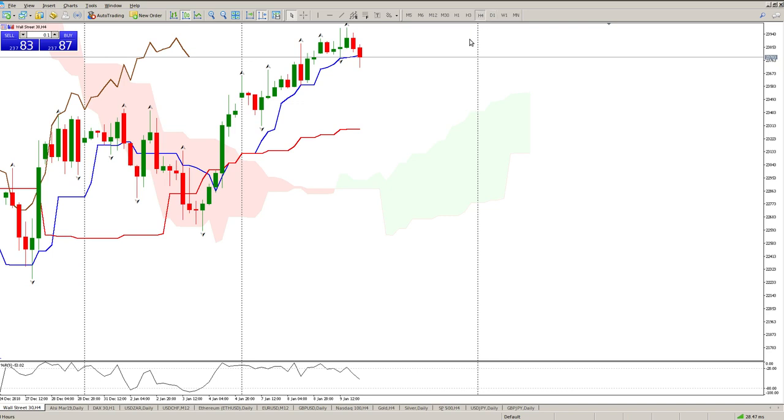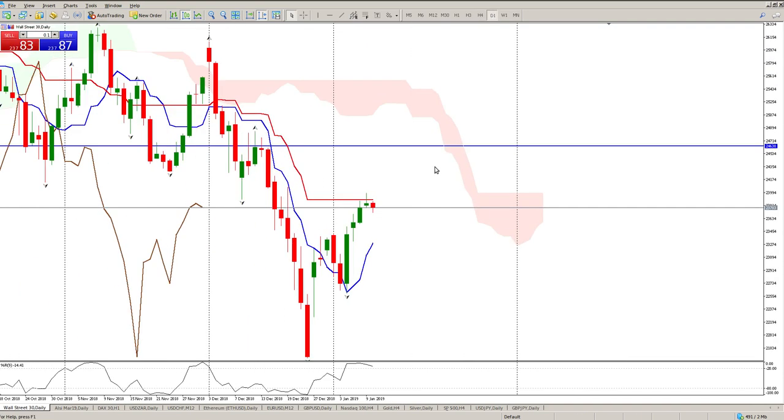Anyway, so sorry, 3 hours. So 4 hour trend is still up. We are far from Kijun-sen, okay, and we are overbought. So I would expect some kind of a pullback. And the daily, we are still battling to get through Kijun-sen. So yeah, daily to me is looking like a pullback, possibly only to come and meet Tenkan-sen here, and then another move to the upside. Okay, or alternatively, this is a reversal. I'm going to move to the downside, but